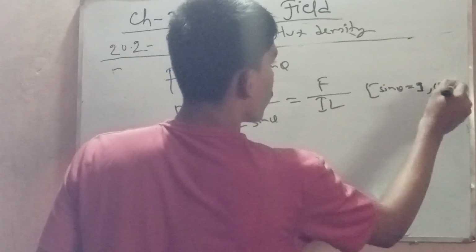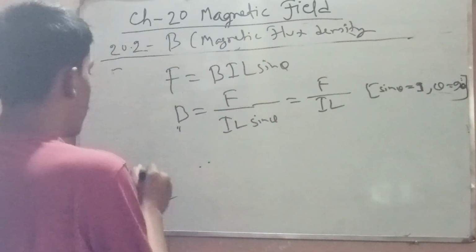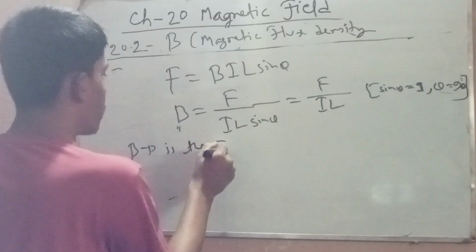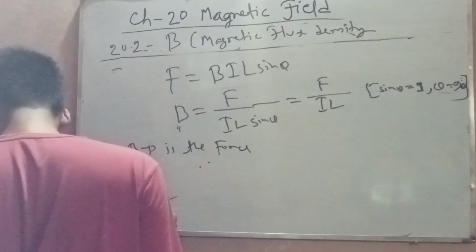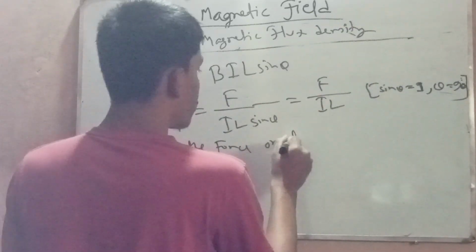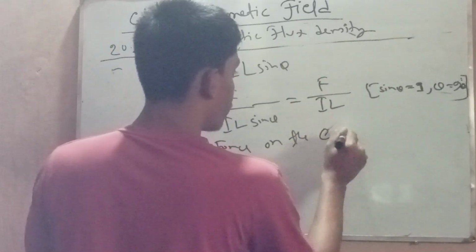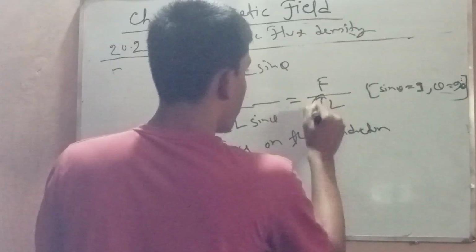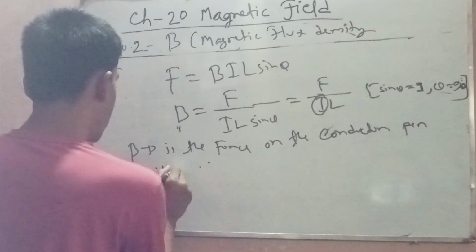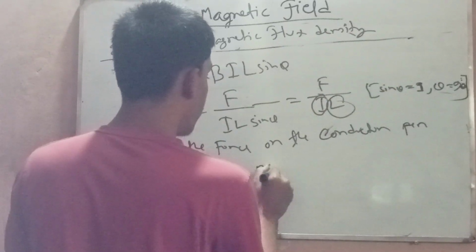When sin theta is equal to 1, theta is equal to 90 degrees, so B is F divided by IL. So magnetic flux density is the force on the conductor per unit current per unit length,